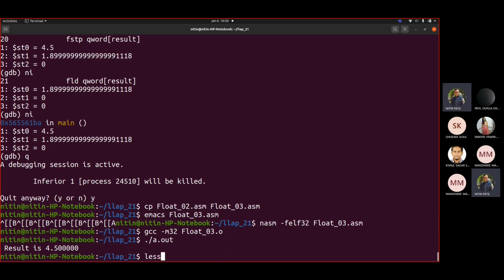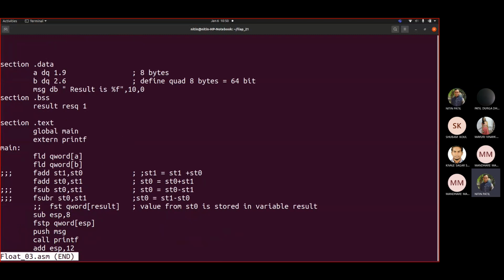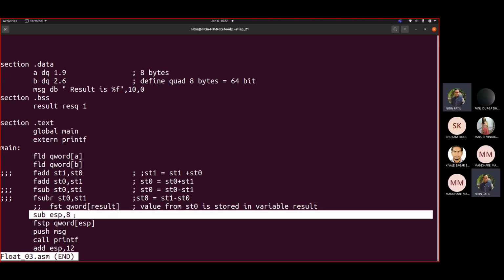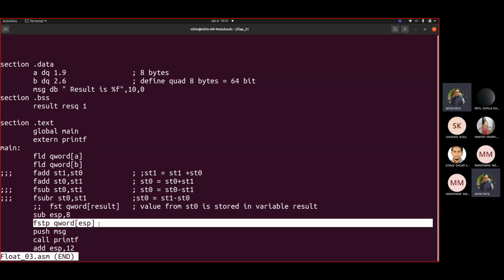See the code. less float03.asm. Now whenever a value is to be printed, which is stored here in the stack, it is of 8 bytes, and whenever we push a value in the stack, it comprises only 4. That's why we are creating a space on the stack of 8 bytes. Now, whatever the address that ESP is representing, you will write the fstp keyword with ESP.